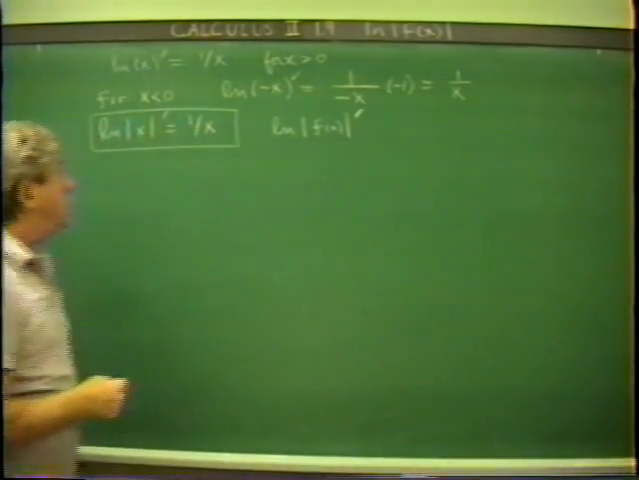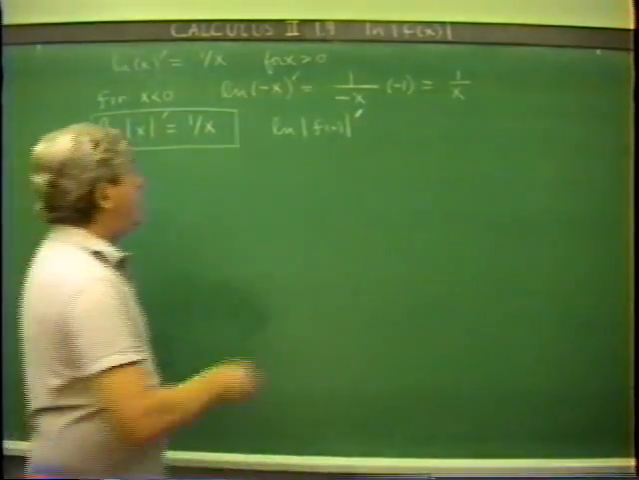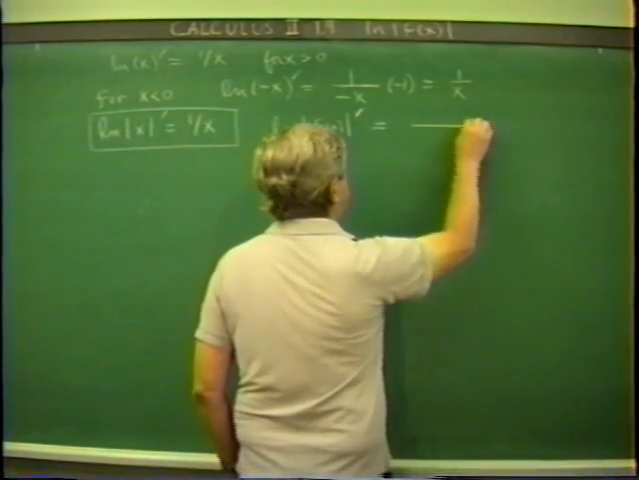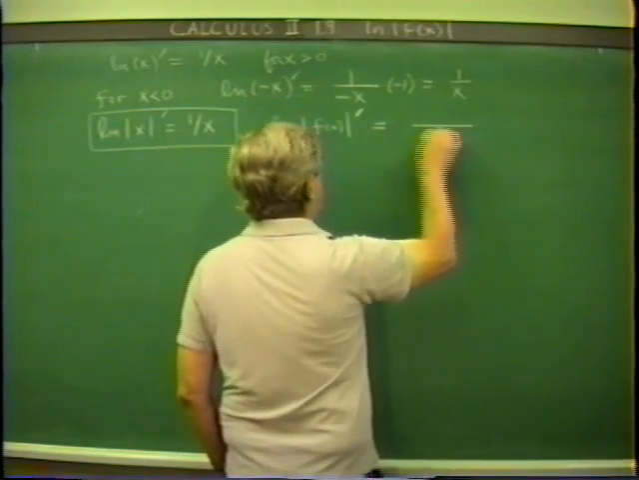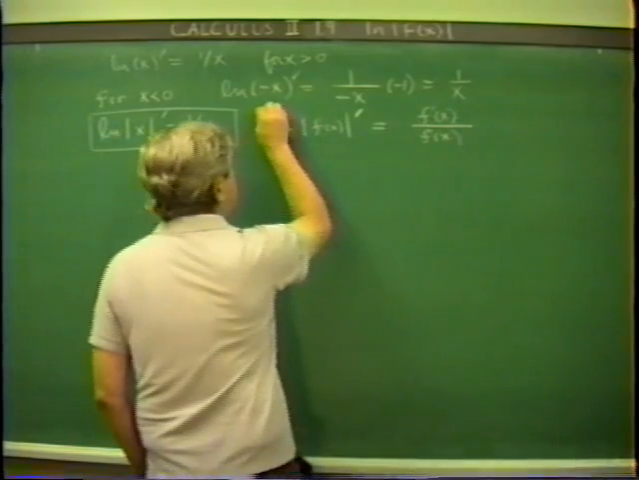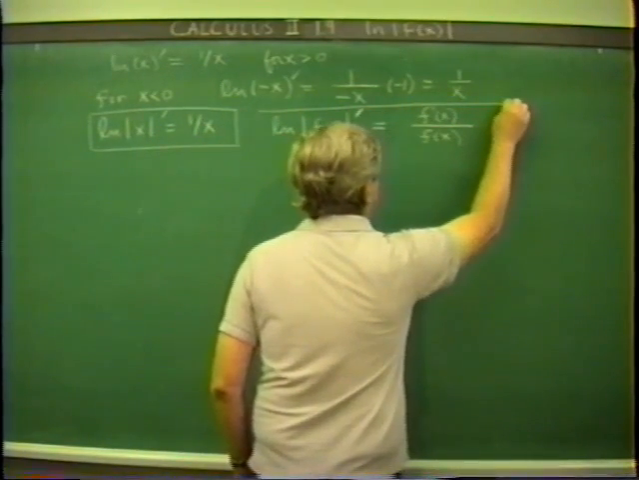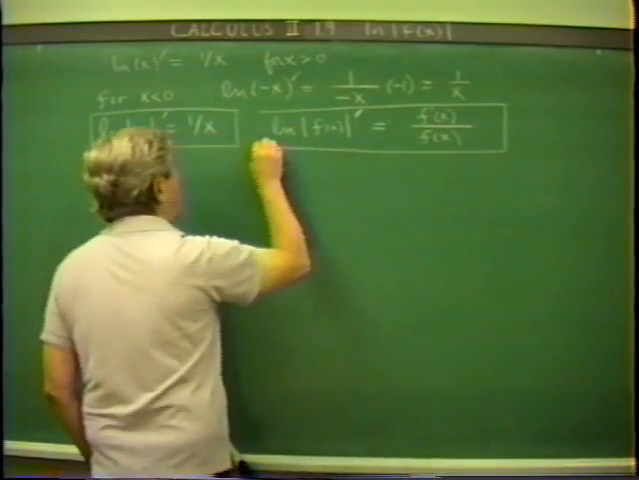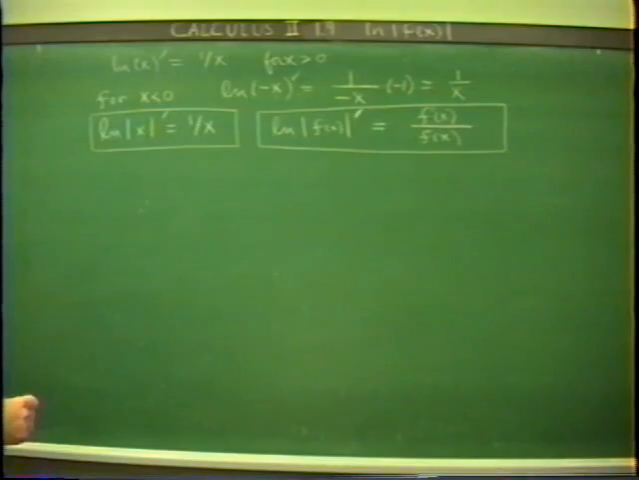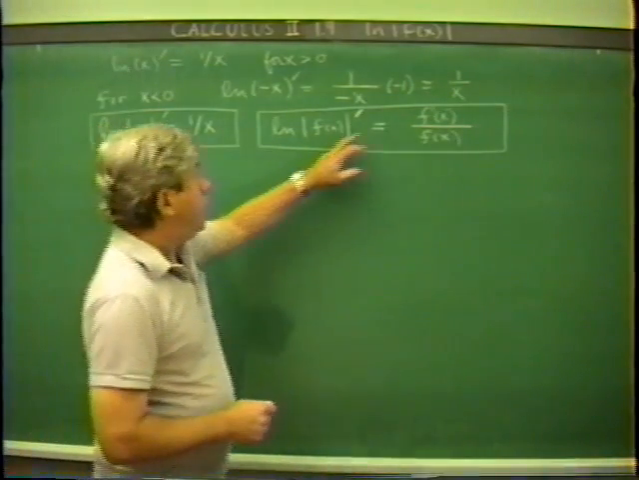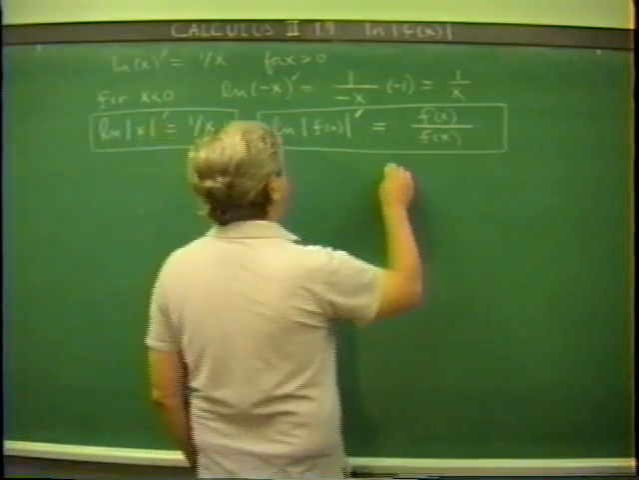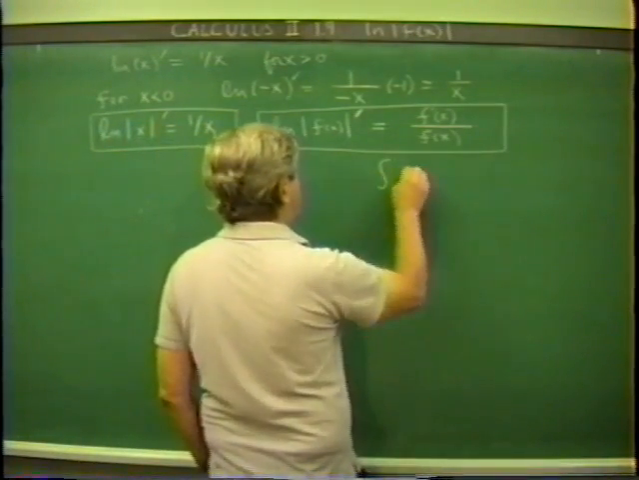If we now consider the derivative of log absolute f of x, all right, this is going to be equal to the derivative of logarithm at f of x, which is 1 over f of x, times the derivative of f of x, f prime of x over f of x. Right? So it's worth remembering that the derivative of the logarithm of absolute f of x is